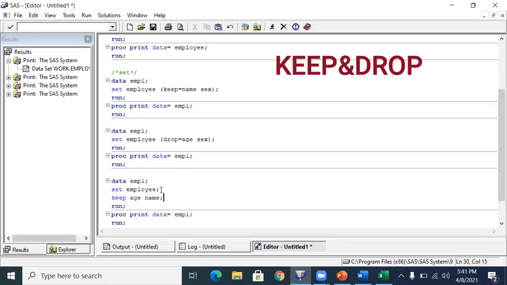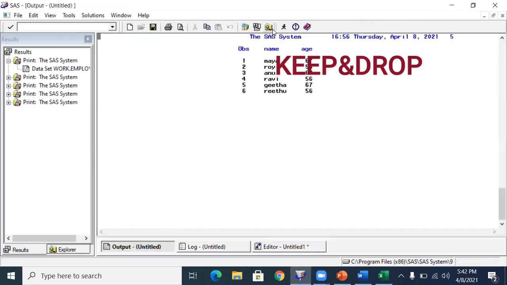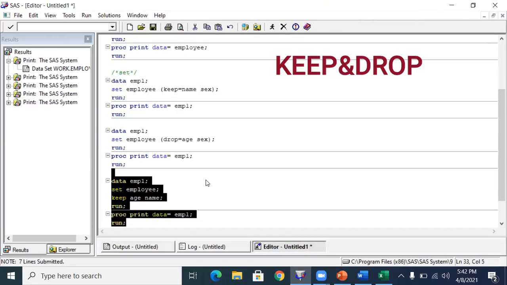Only age and name will be in the table. I enclosed the set statement with a semicolon already, and then I start a new statement called keep. So keep you can use as a statement or as an option. Both are fine in the data step.